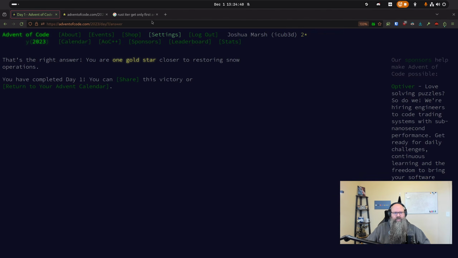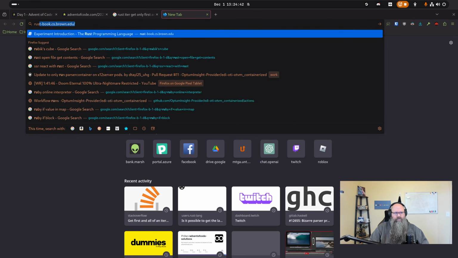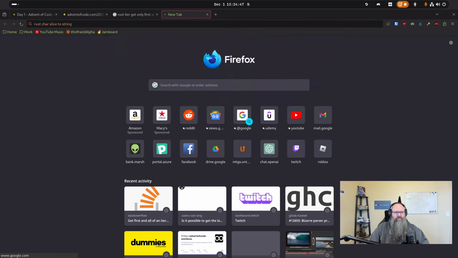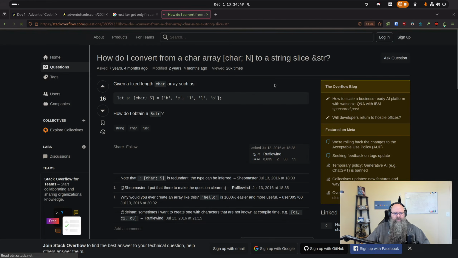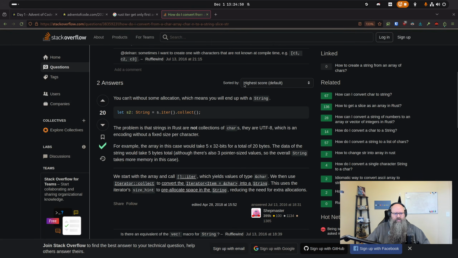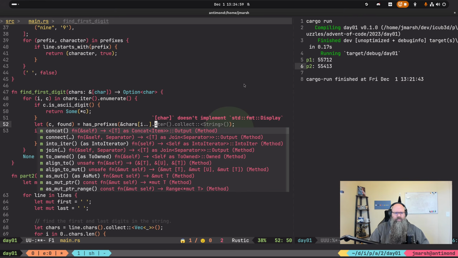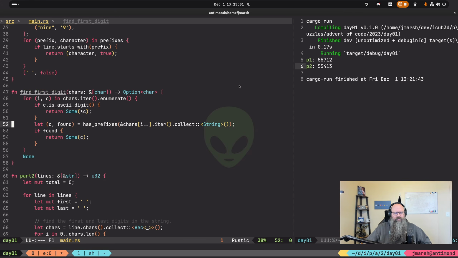Is there a toString function? Rust char slice toString. There's probably some way that I just don't know, I'm not familiar with. Iter collect. Okay. There you go.